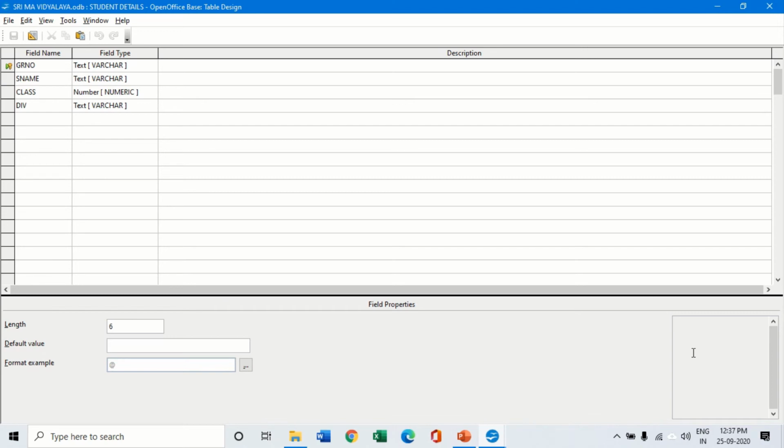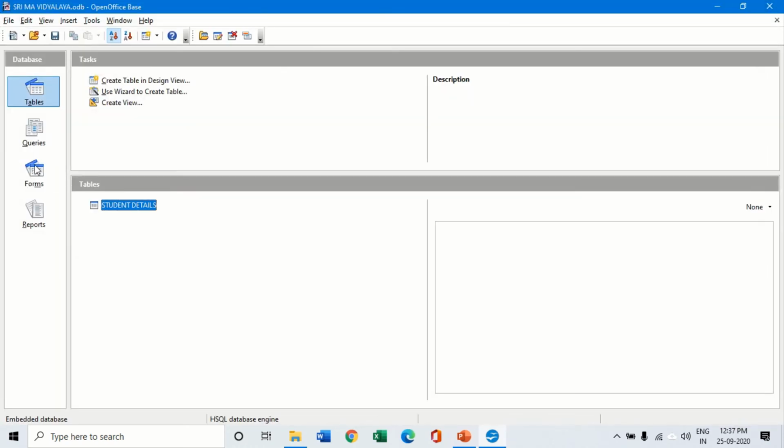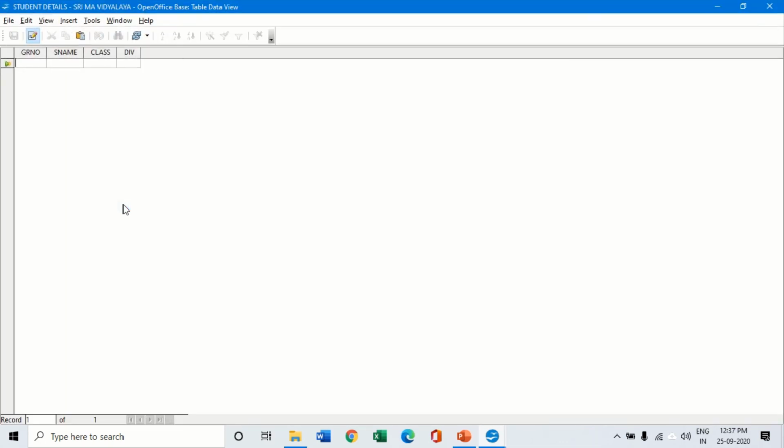Now I have to go and enter the actual records. So for that I will just simply close this. It will come back, and can you see here a table by the name student details has already been created. Shrima Vidyalaya is the name of the database, and inside the database I have created a table by the name student details. Now for entering the data into the table, I will double click on this